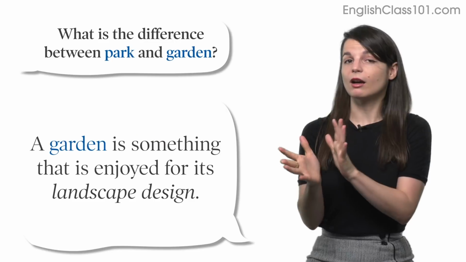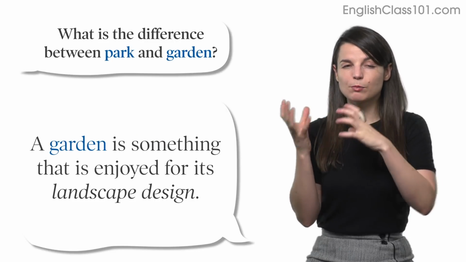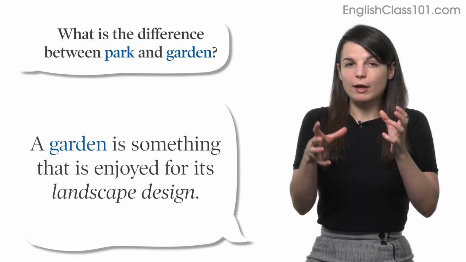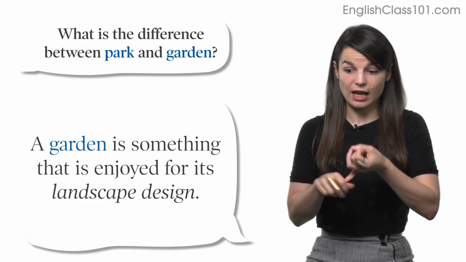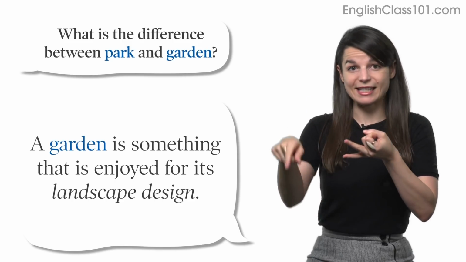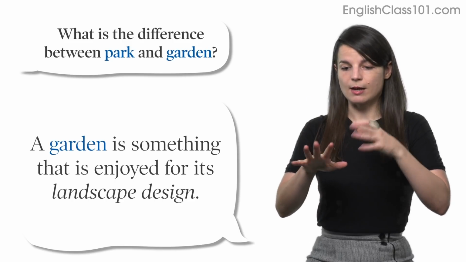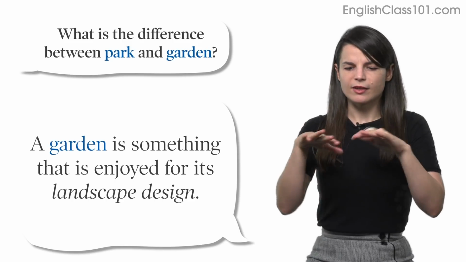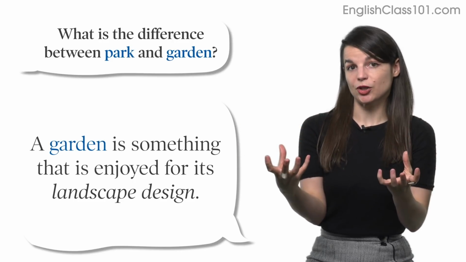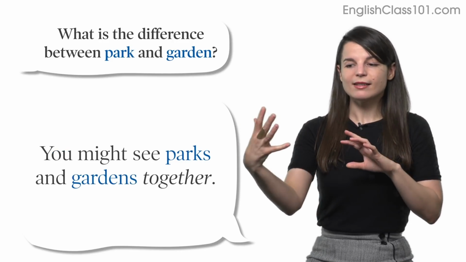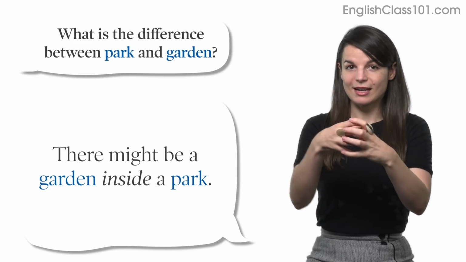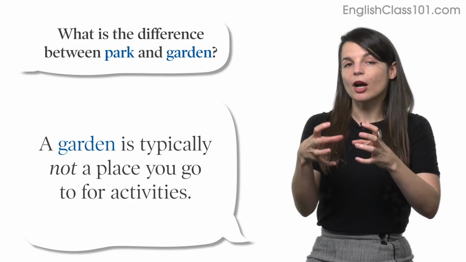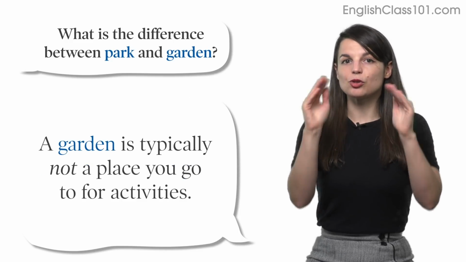A garden, on the other hand, is something that's supposed to be enjoyed for its design. And when I say design, I mean the landscape design, like maybe there are special flowers inside the garden, or there are special decorations. There's some kind of landscape that is special in the garden. So you might see parks and gardens together. There might be a garden inside a park,